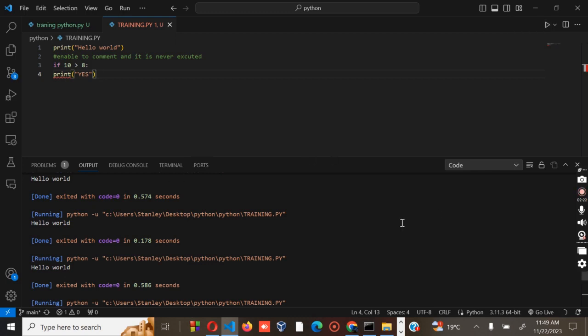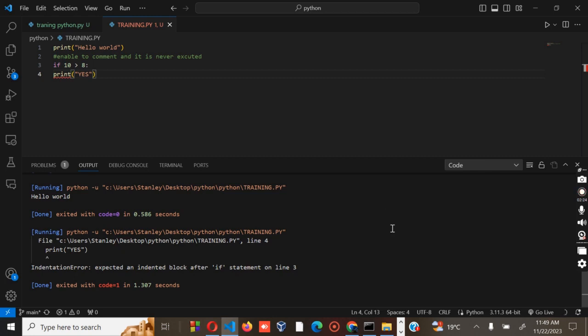You'll find that there is an error. Hope you are able now to see the mistake. There is no indentation on this part.